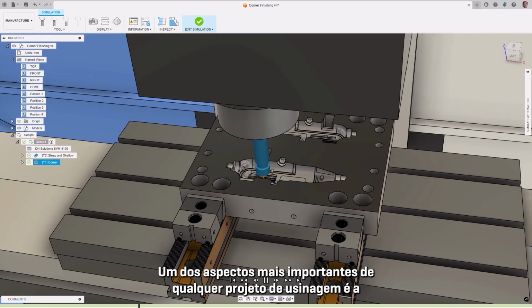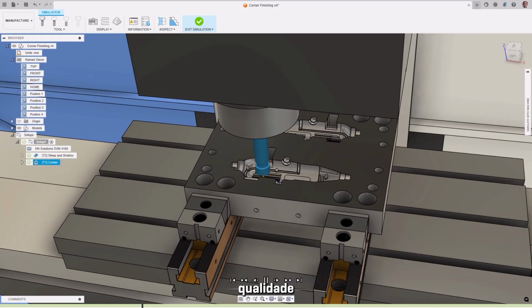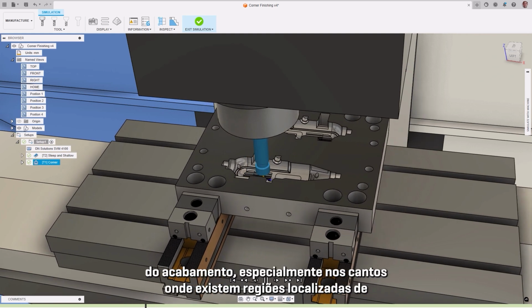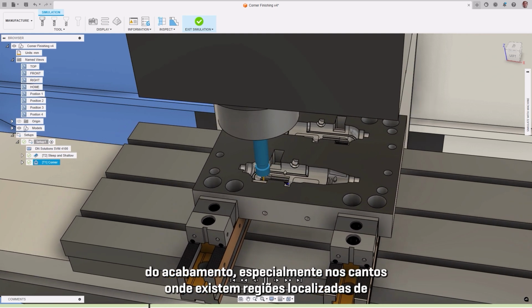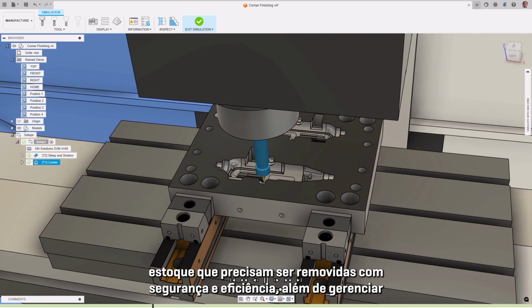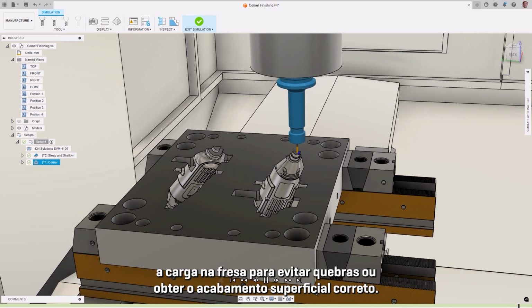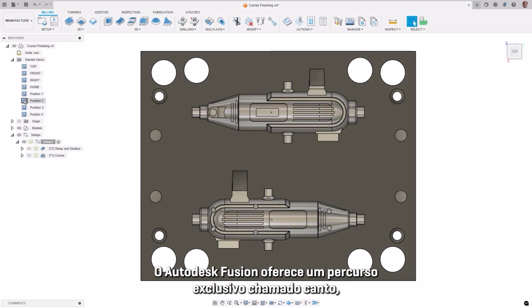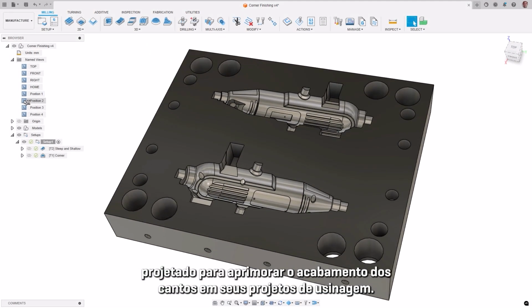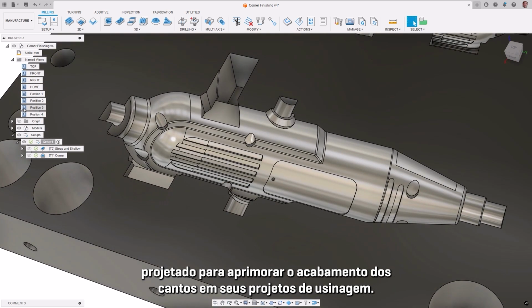One of the most important aspects of any machining project is the quality of the finish, especially in the corners, where there are localized regions of stock that need to be removed safely and efficiently, while also managing the load on the cutter to avoid breakages or achieve the correct surface finish. Autodesk Fusion offers a unique toolpath called Corner, which is designed to enhance the finishing of corners in your machining